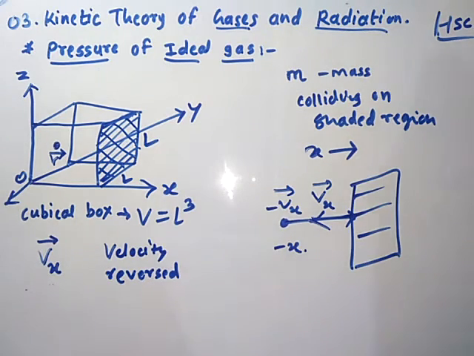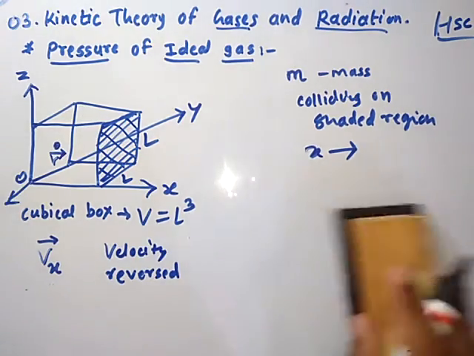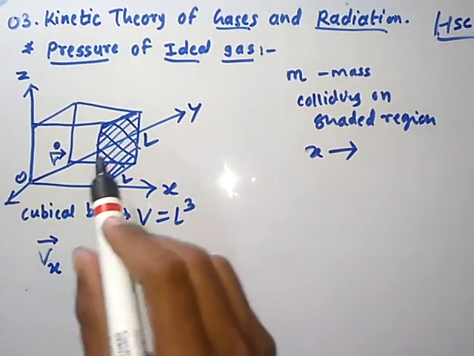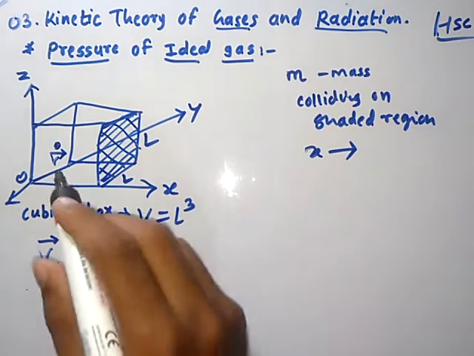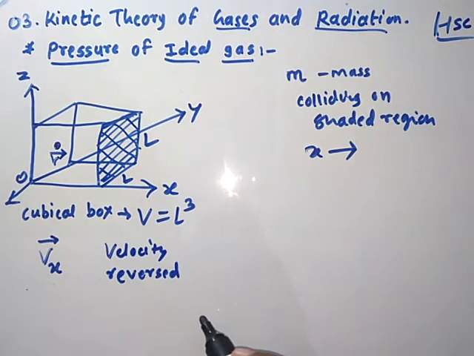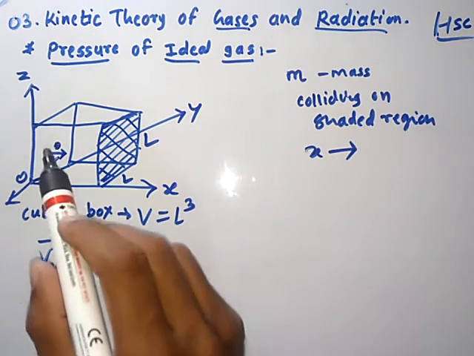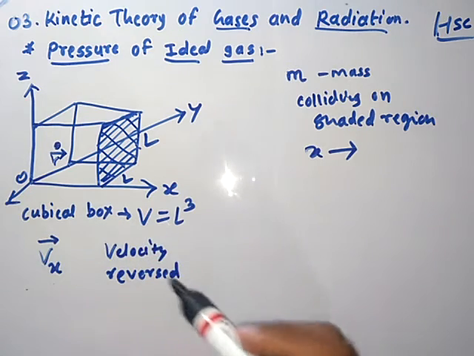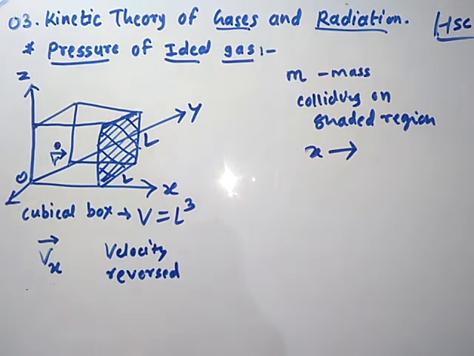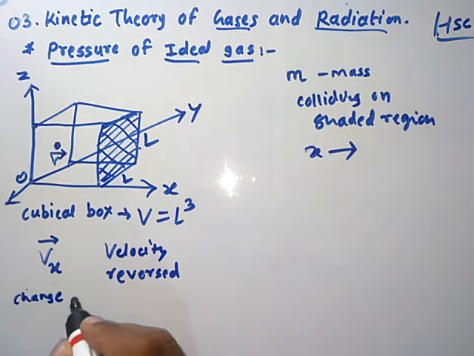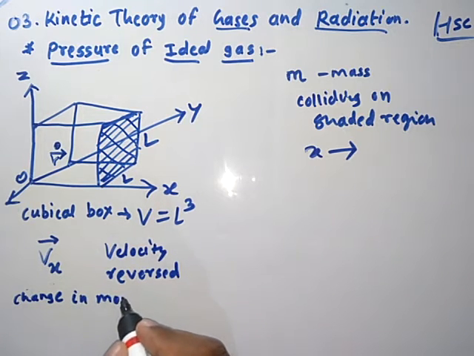If that particle collides with this wall, then it transfers its momentum to that wall. So the initial momentum and the final momentum are created here, and we have to calculate the change in momentum. So here in this case, the change in momentum